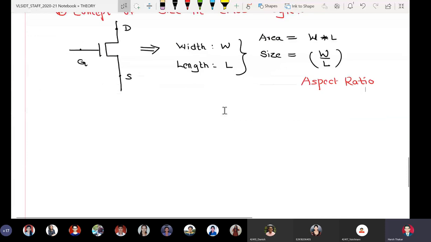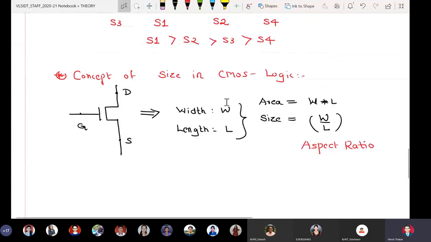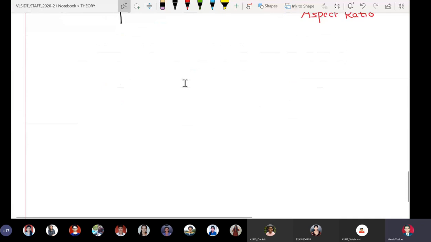So I will not go into the semiconductor physics or the mathematical modeling of N-channel MOSFET, but I will tell you why this particular inverter chain has been shown, in which there are 4 inverters used but having varying sizes. So understand one thing, that this particular mathematical model exists. If suppose I assume the current through this particular MOSFET as ID, then please understand the relationship between ID and the width and length of a transistor. See now, it's a very complex equation, but I will still write it.